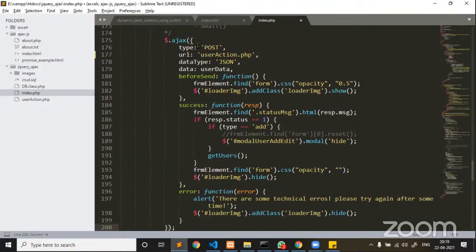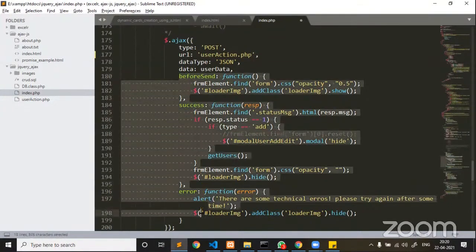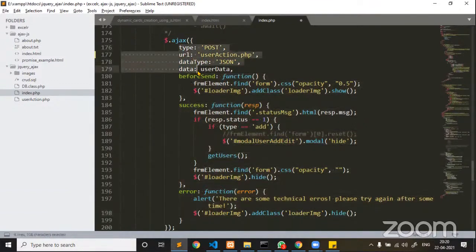Here you see type, URL, data type, data, before send, success, error. Before send, success and error are methods of your singleton object. Type, URL, data type, data are properties. All these are predefined in jQuery Ajax.